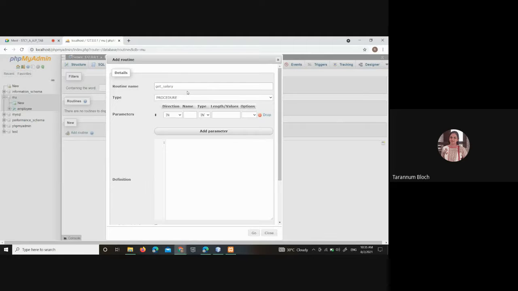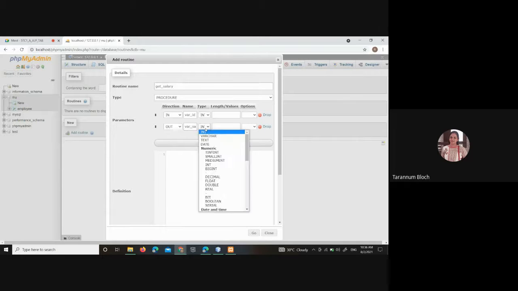Get salary. Now we will give the input variable. Write down var underscore id. It is integer type by default. Now click on add parameter, select out, where we are selecting the output variable, var underscore salary.